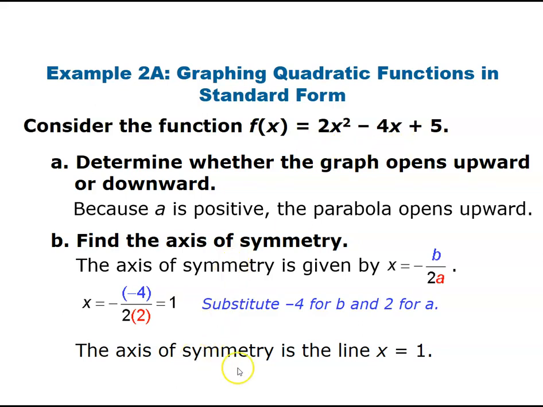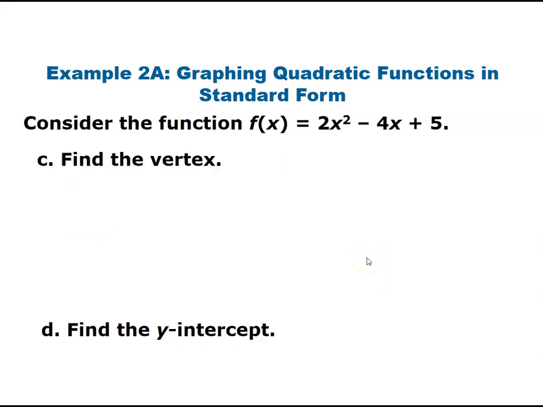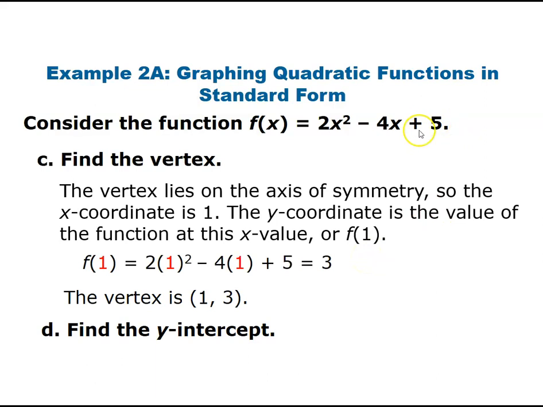So therefore the axis of symmetry now is the line x equals 1. When you solve for that, we have x equals negative b over 2a. Then find the vertex. The vertex lies on the axis of symmetry, so we have 1. You have to substitute the value 1 into the function so that you can find the value of